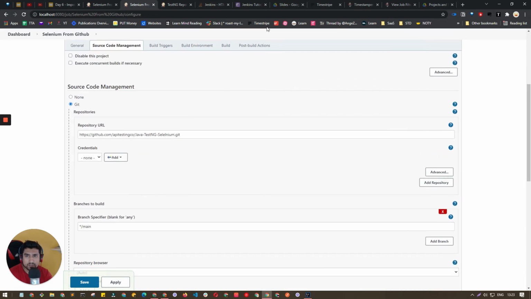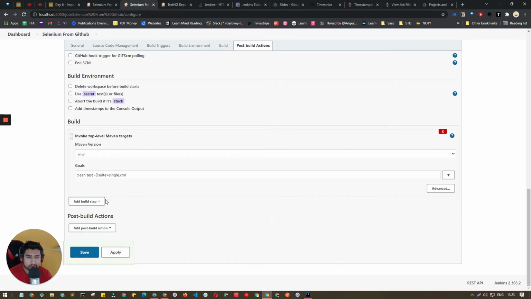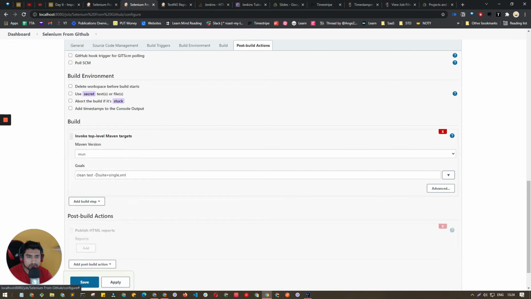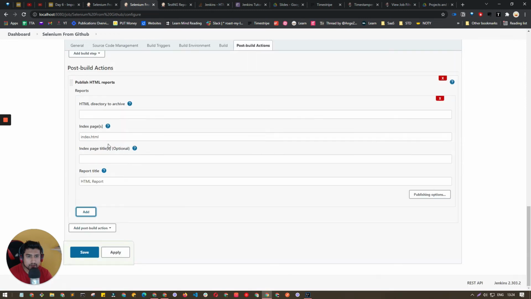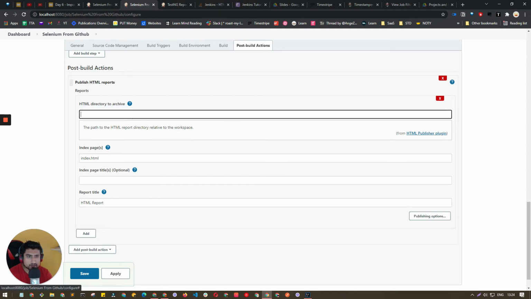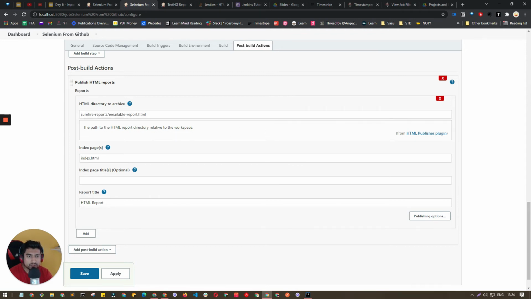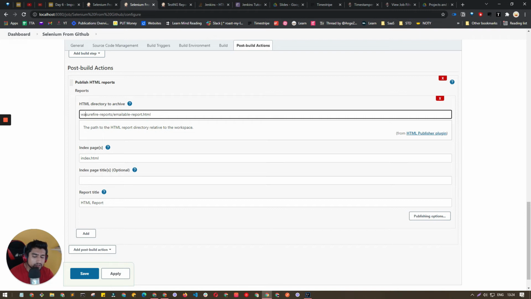So here, go to the post build action. This is a post build action, right? Add HTML report, add report, right? So it's basically asking which directory it is, and suppose we have done it like this. So this will be like WS workspace target,